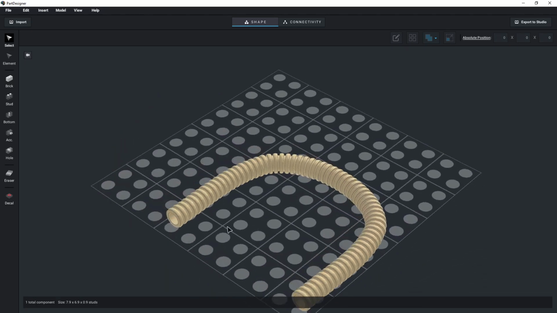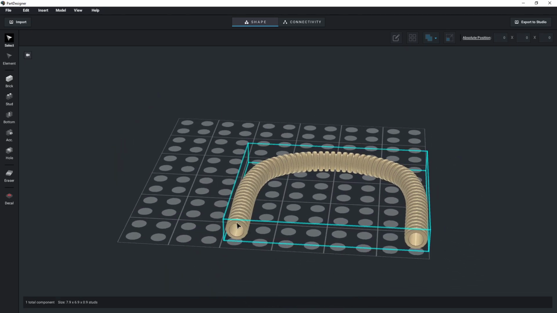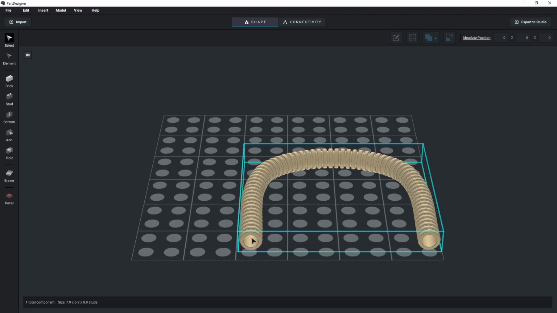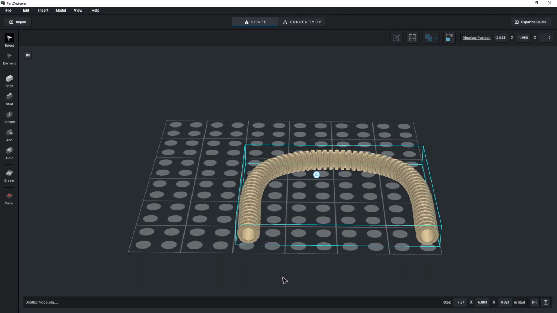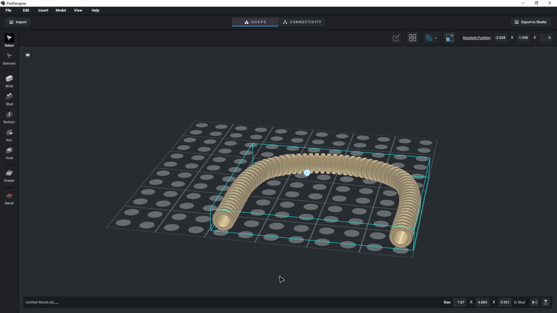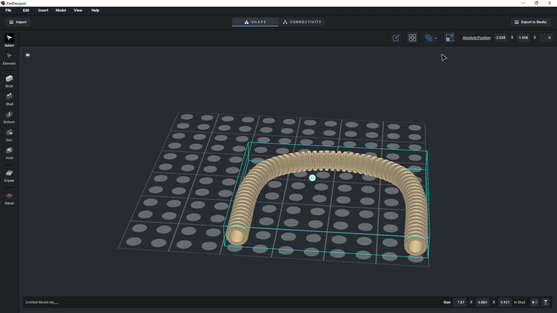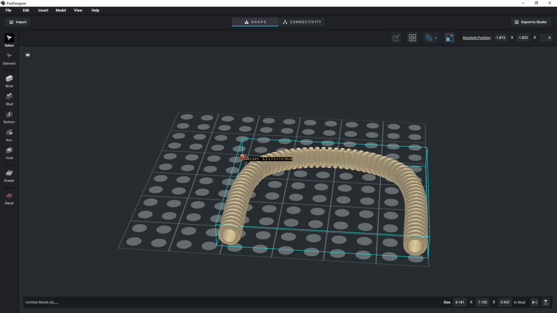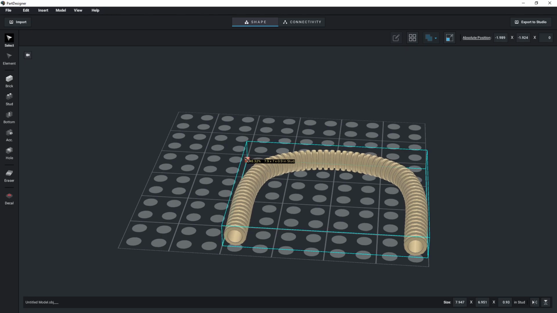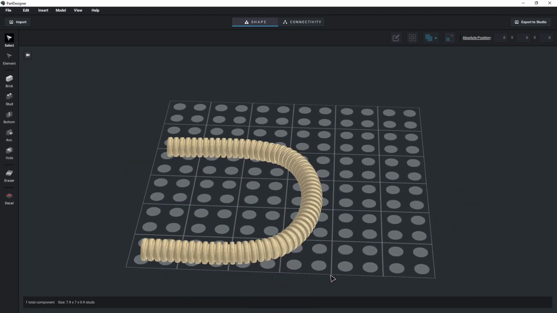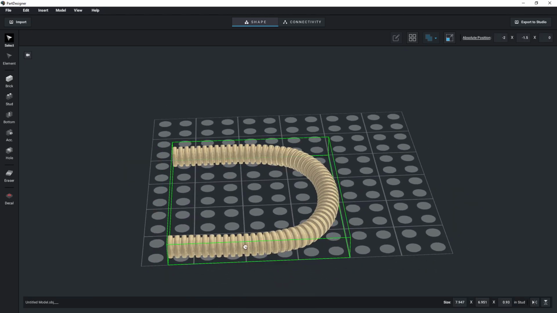So that's roughly the size of the hose. Stud to stud, wall to wall. You kind of want it to be the exact size. There. So now what I've found is